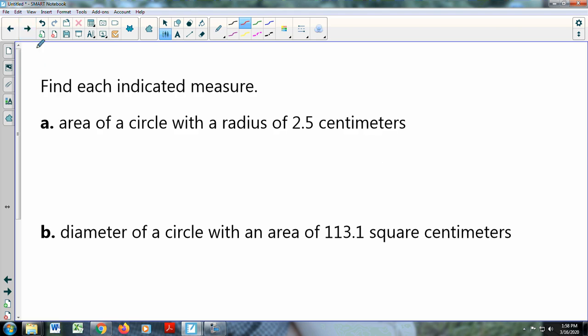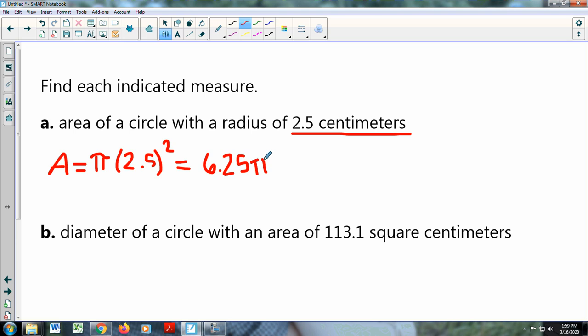So we're supposed to find each indicated measure. We're supposed to find the area of a circle with a radius of 2.5 centimeters. So, to find the area, I'm just simply going to take area equals pi times my radius, 2.5 squared. Now, if I square 2.5, I get 6.25